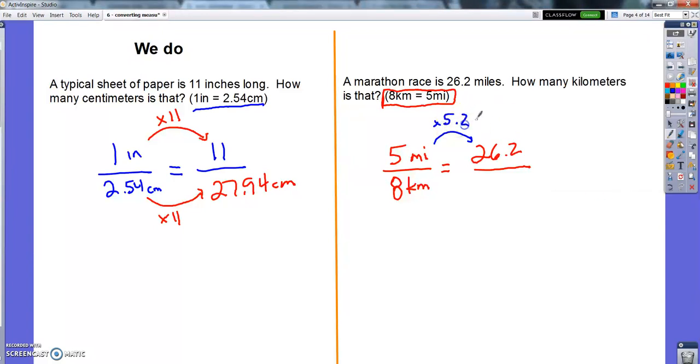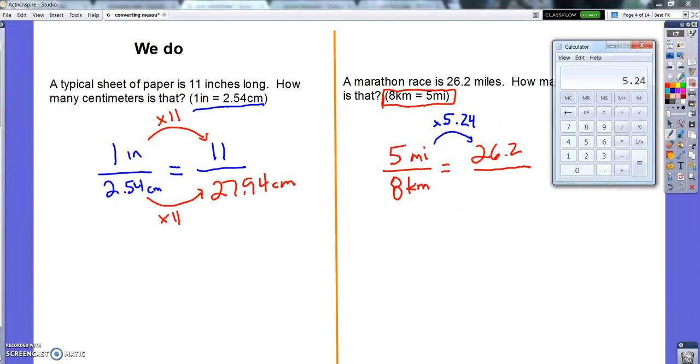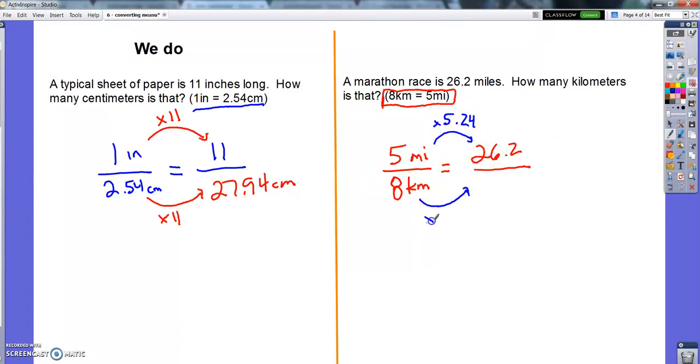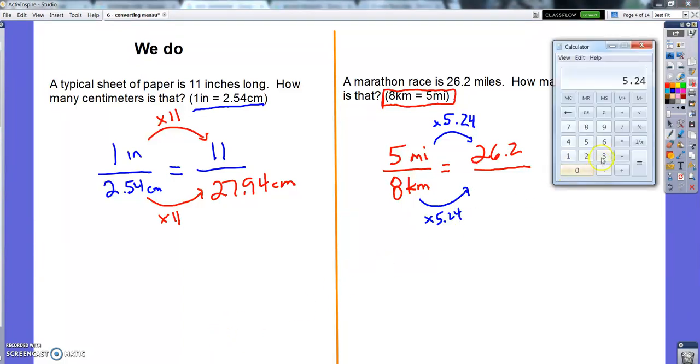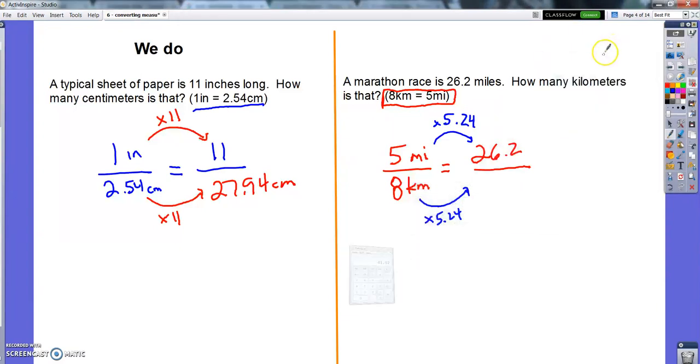That makes sense, right? 5 times 5 is 25, so 5 times a little more than 5 is a little more than 25. And then I multiply 8 by the same thing. Times 8 is 41 and 92 hundredths